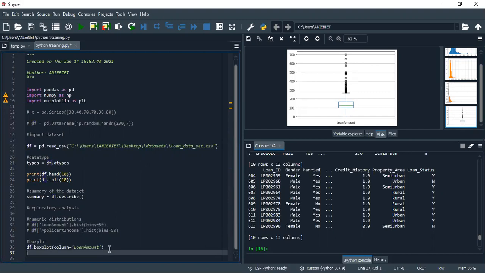Now it's very possible that I want to compare the loan amount based on their education. You understand? I want to be able to check, okay, what's the nature? If this person is educated, does he have anything to do with it? Is education contributing to the way they collect loan? So that kind of question. So how do I answer that? I'll just say my column is equal to,